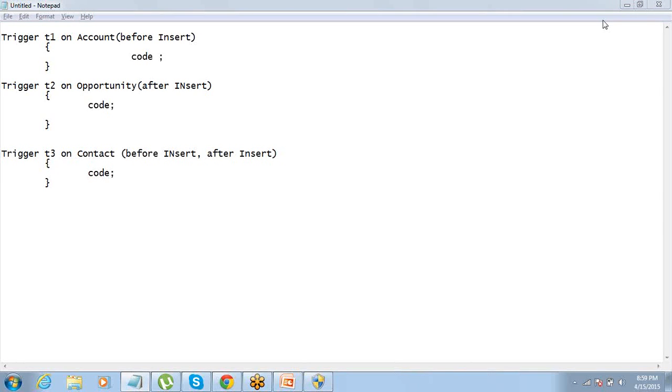So by now we understand the syntax of an Apex trigger. Now let's understand a few context variables. All right. What is a context variable? Context variable is basically used for accessing the data that is in context. While a trigger is happening, or while a trigger code is getting executed, the records which are in context, those can be accessed using the context variable. All right.